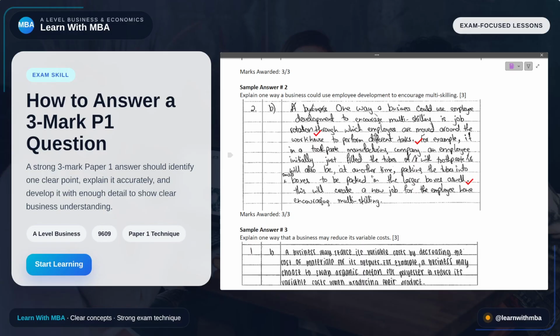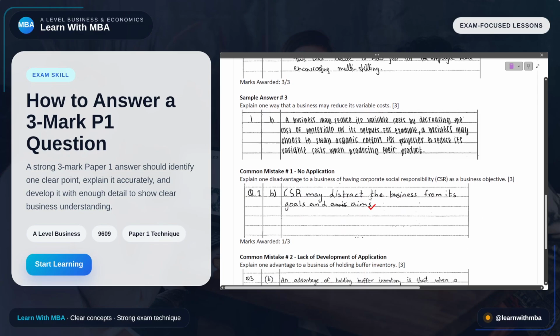And that development is what earns him the higher marks, right? Let's look at a few more samples so that you guys understand it well. So in the third sample, you can see the question was explain one way a business could reduce variable